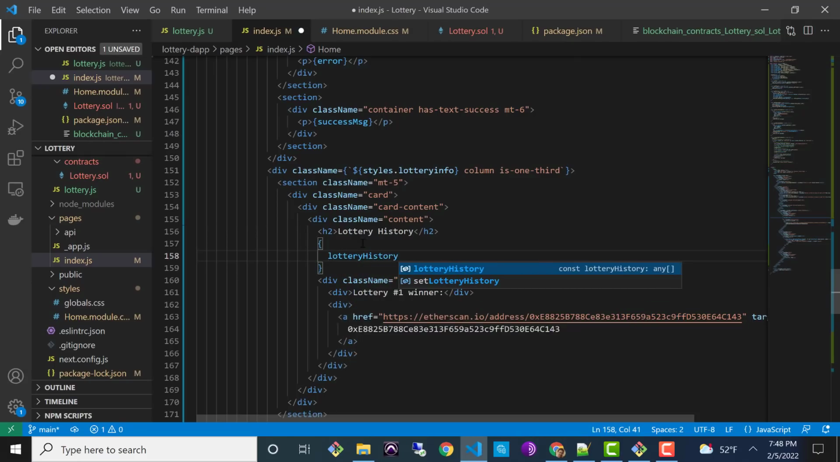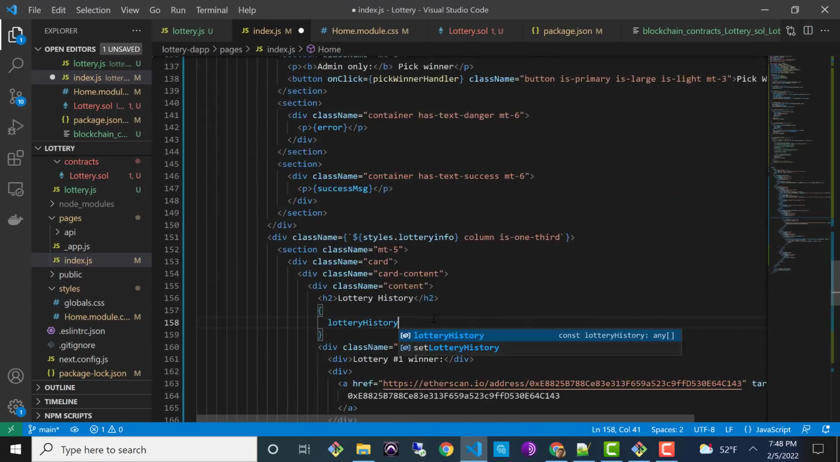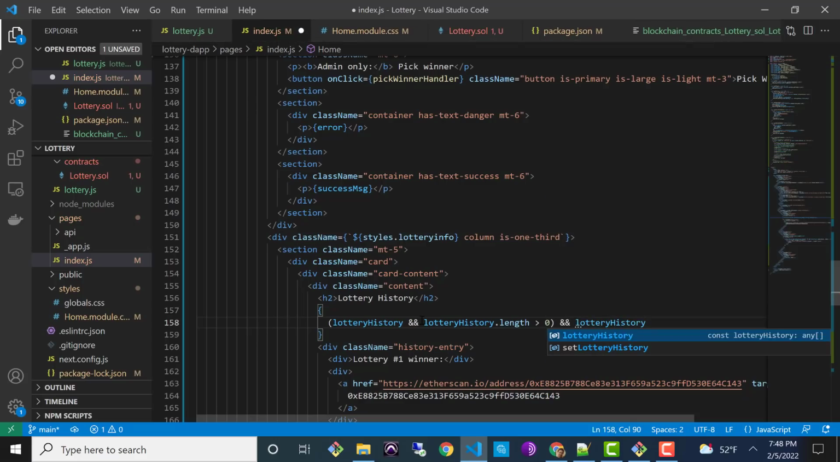All right, so this is the array, right? Lottery history. So we'll want to do a check similar to what we did down here. So lottery history, let's put this in parentheses, lottery history and lottery history dot length is greater than 0. And now we can start our loop. Lottery history. And so inside here, let's just say item